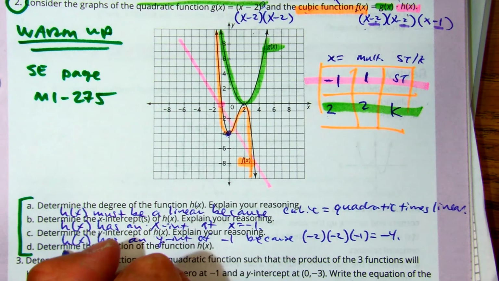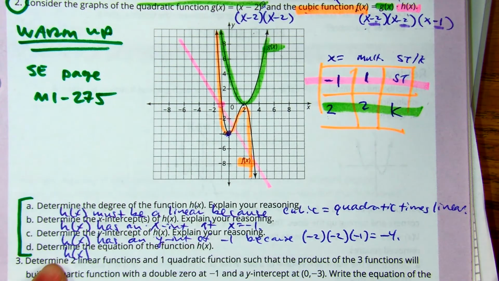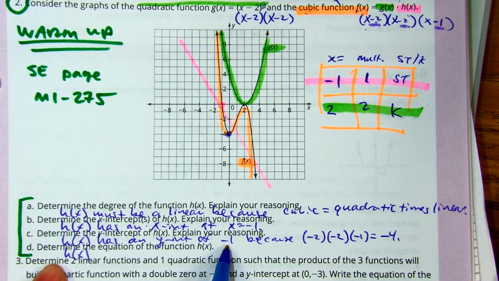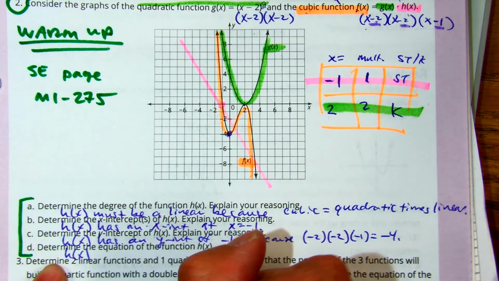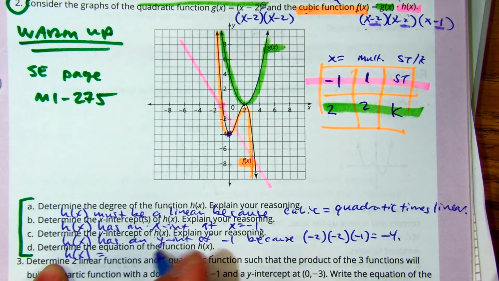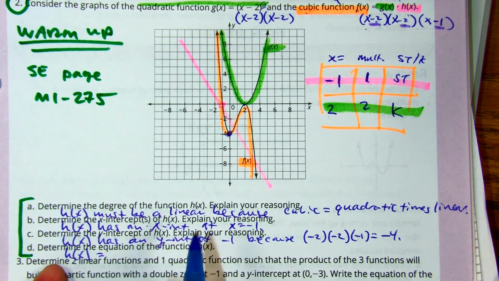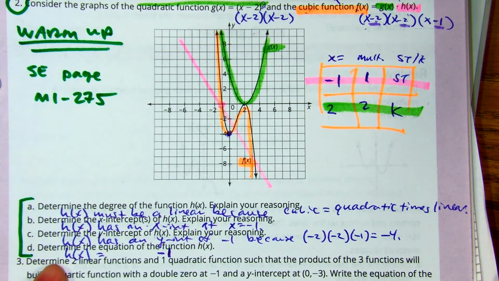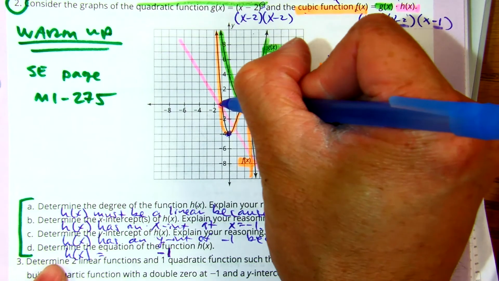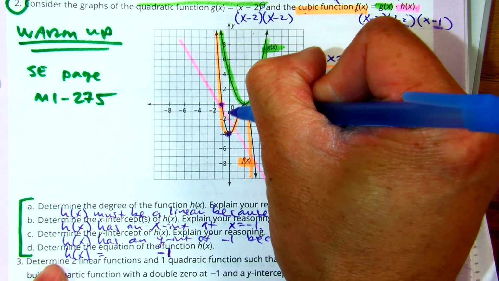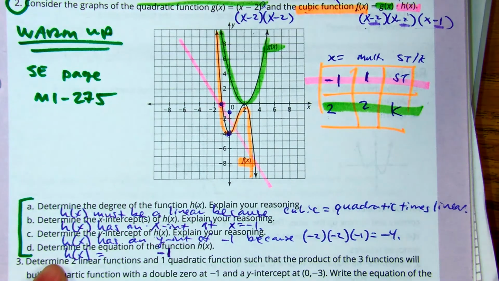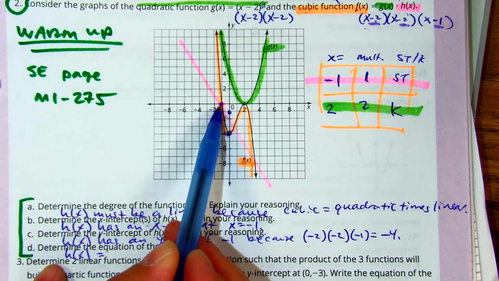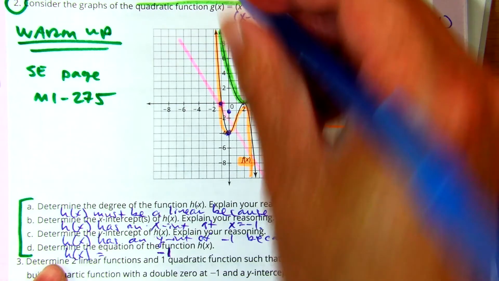So h of x, if I know that it has a y-intercept at -1, let me create a mx plus b slope-intercept form. My y-intercept is -1. And if you look at our graph, we weren't super accurate, but if it has a y-intercept of -1 and it crosses the x-axis at -1,